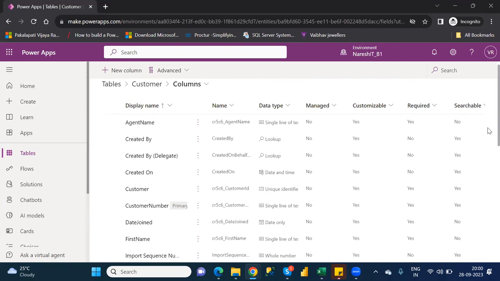But don't worry, whichever columns are required, only those you can use. In any table you create, default columns are also created. Understand clearly or not? So these are the things. Suppose you want to create a new column, here also you can create it. Click on the new column option and